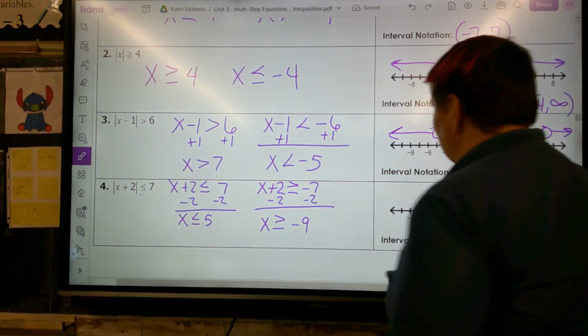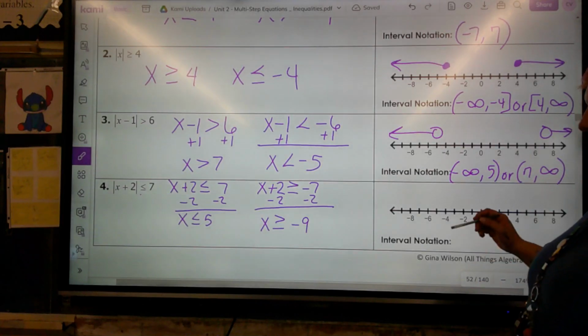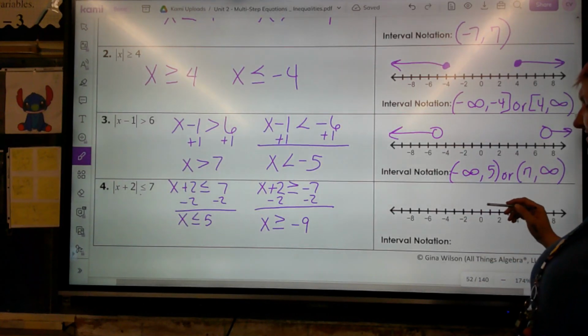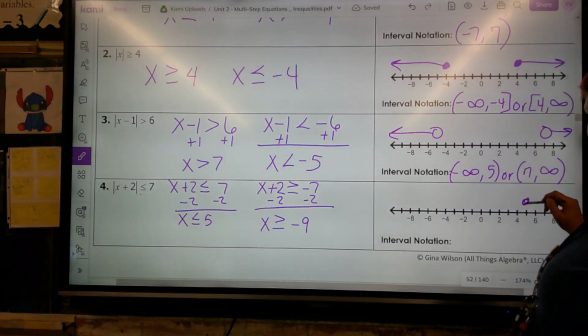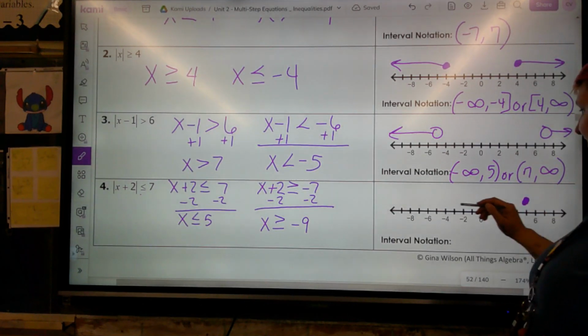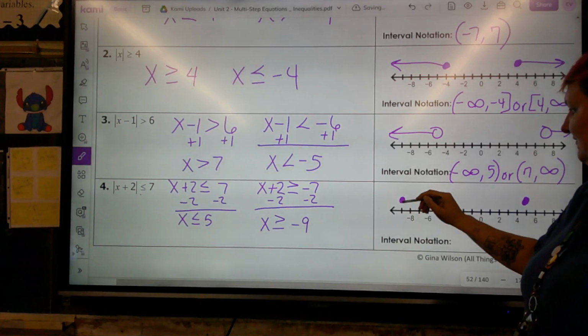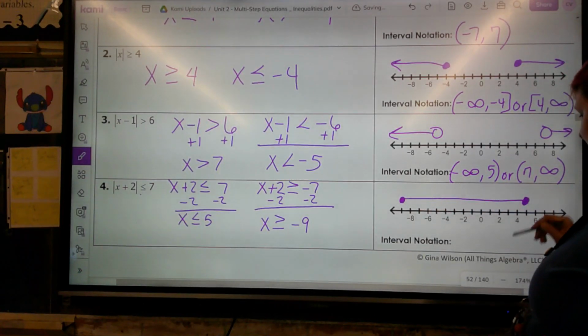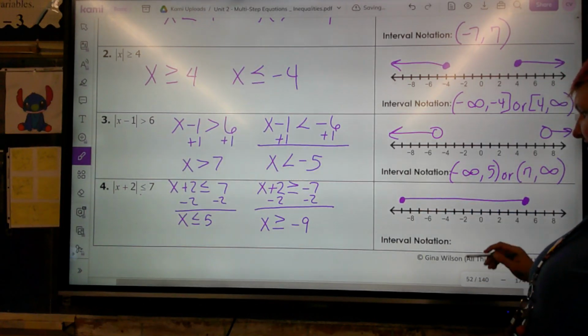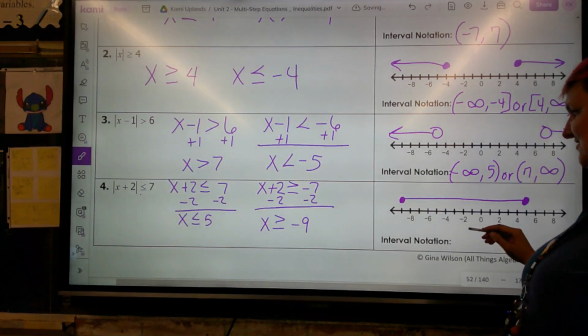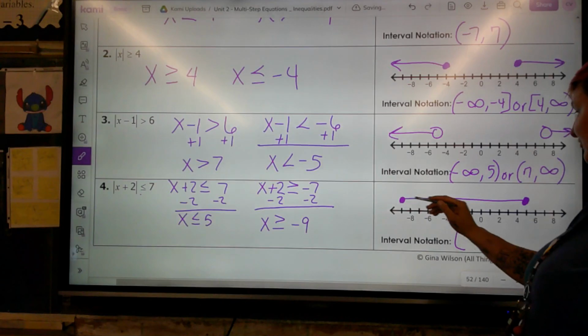It's going to create a line segment. Right? So x is less than or equal to 5, greater than or equal to negative 9, line segment. So we know on the outside it's going to be brackets because they're both closed circles,